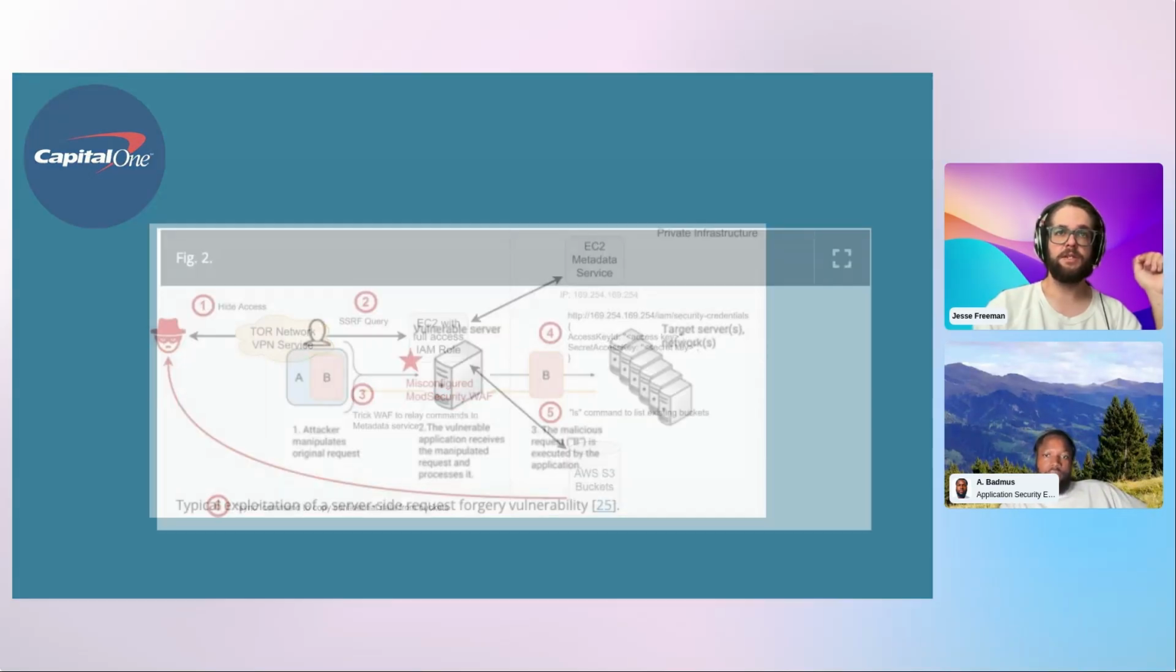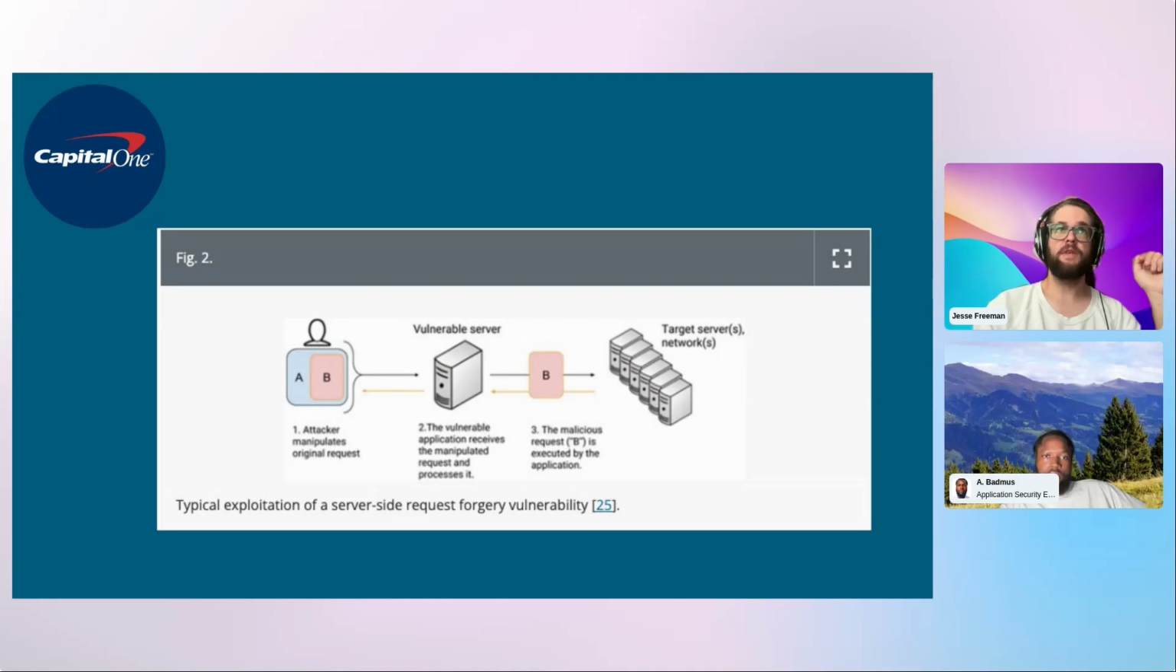And here's a little bit simplified version of this, so that you guys can understand what's going on a little bit better, right? You make a request, the vulnerable application receives that manipulated request and processes it. The malicious request is executed by the application. Bingo, you're through. This happened somewhere else too, though, that I thought was interesting, and I wanted to talk about it